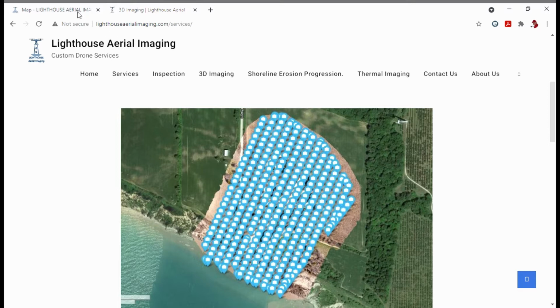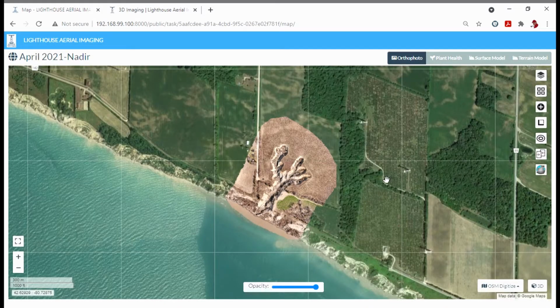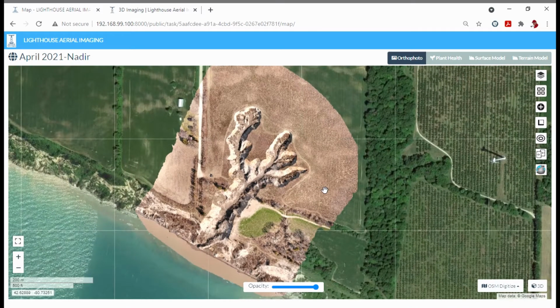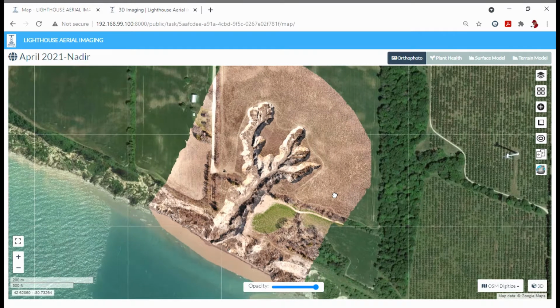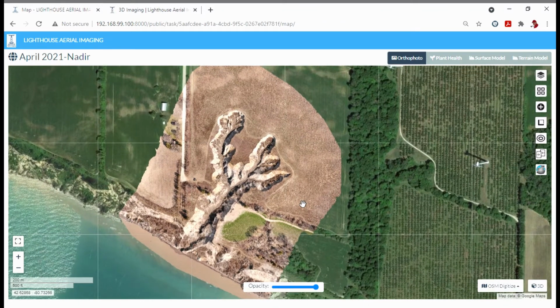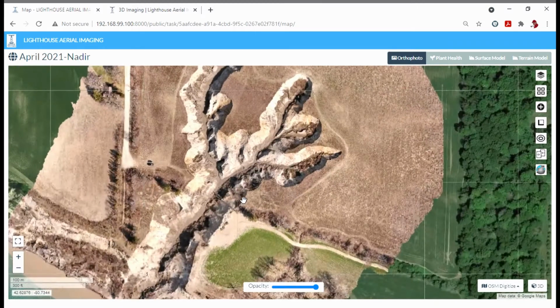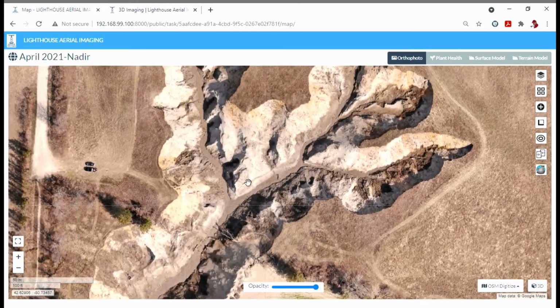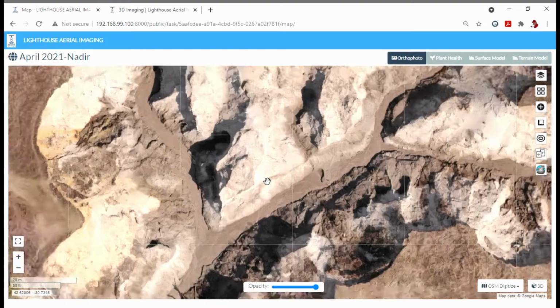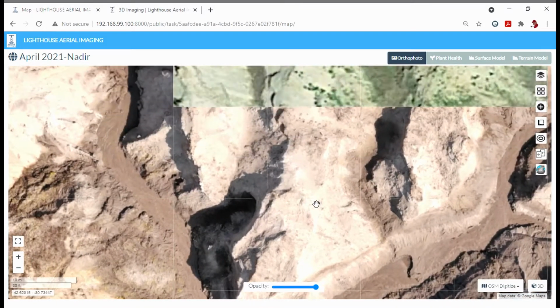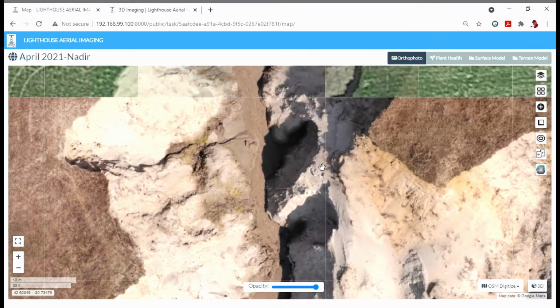And when you click on that link, what you'll get is this. You will get the results of the stitching of all those pictures together. Now, this is a fairly severe erosion problem in Ontario along Lake Erie, near Port Burwell. So what we have here is all of those pictures stitched together, and you'll see as we zoom in, the resolution actually gets better and better and better up to a certain point. Okay, so you can look down inside this little canyon here,